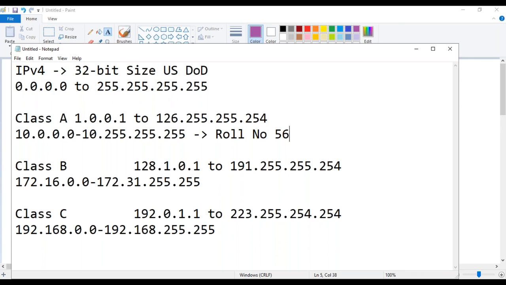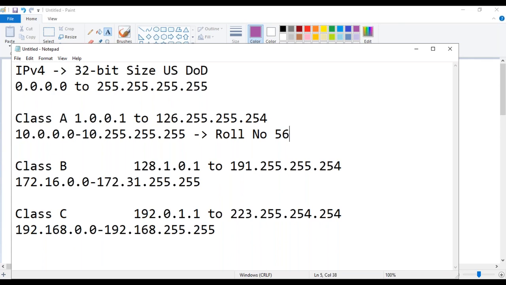Now when I go to the public exam and the invigilator asks me, what is your roll number, if I say roll number 56, he's going to say it's invalid. Then he's going to ask, where is your hall ticket number? What is the difference between the roll number and the hall ticket number? Imagine if 10 lakh people are taking the 10th class exam, no two students will have the same hall ticket number.